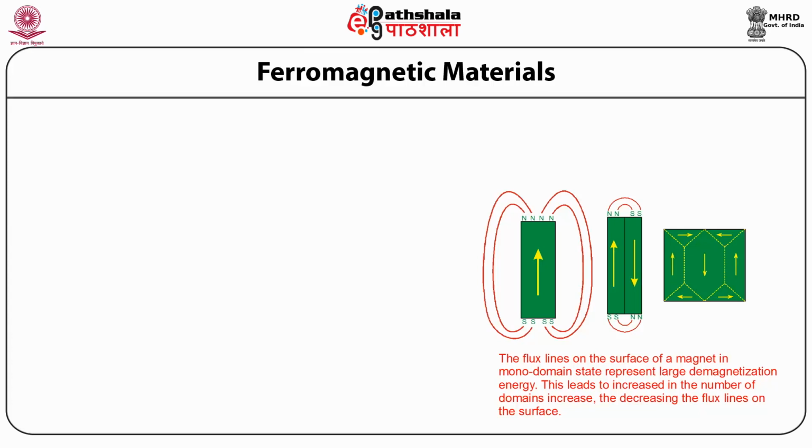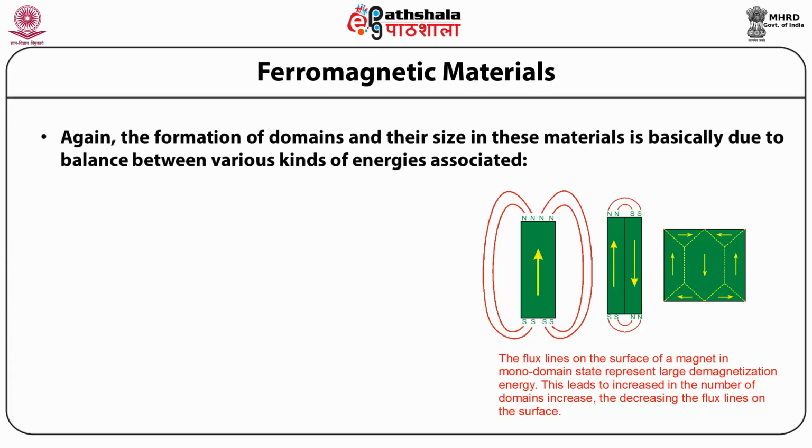This leads to an increase in the number of domains and a decrease in the flux lines on the surface. Again, the formation of domains and their size in these materials is basically due to the balance between various